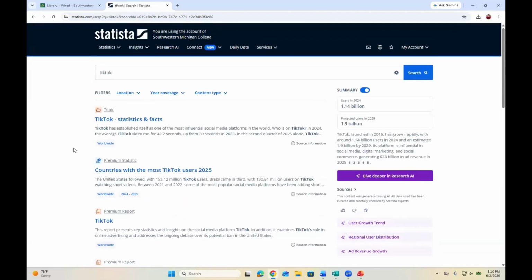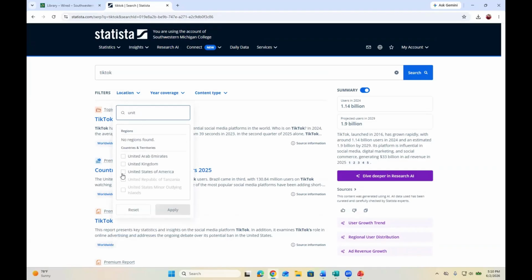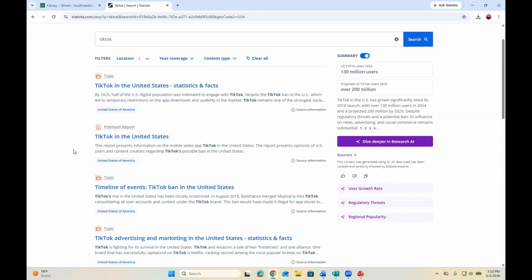Sometimes you'll do a search and the majority of the results that are coming up first are from other specific countries. So then you may want to go to location, and then you can scroll down to the country if you want. But the United States is a long ways down in that list. So it's easier really to just start typing United States here, and then it'll pop up. You can check it and then just hit apply. So then it will get rid of everything that says something other than the United States,